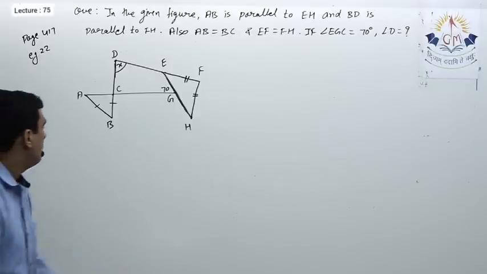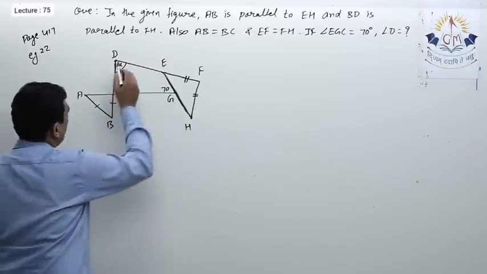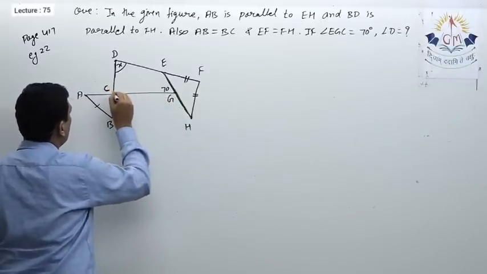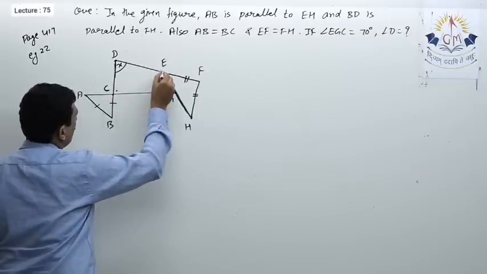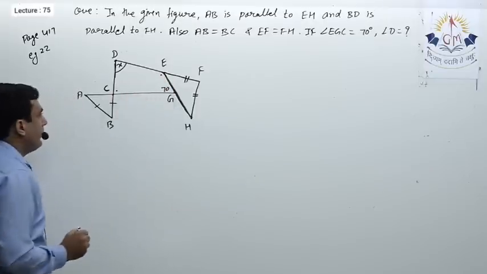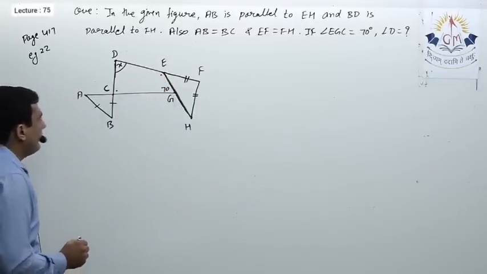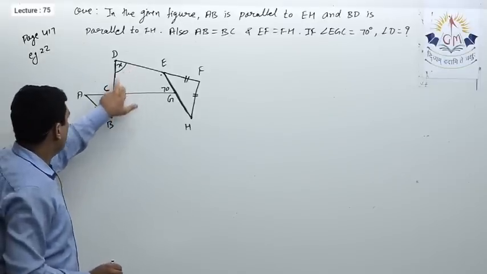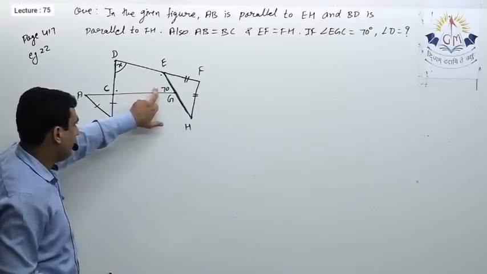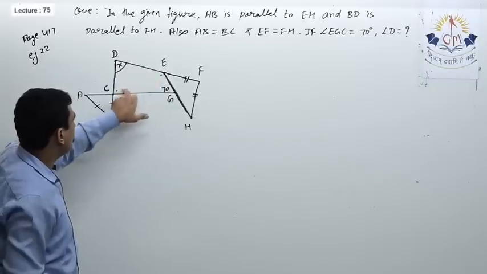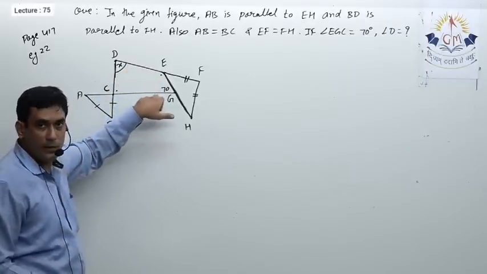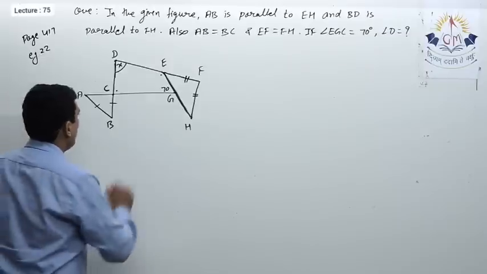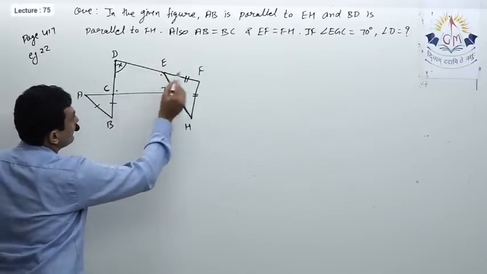Okay, let us see its solution. See, we have to find this angle X. So I am trying to get the measure of this angle as well as this angle. If I am able to get the measure of these two angles, by angle sum property I will be able to get X, because among these four angles this 70 is given, and I am trying to find these two so that I can apply the angle sum property of quadrilateral to get the measure of this X.